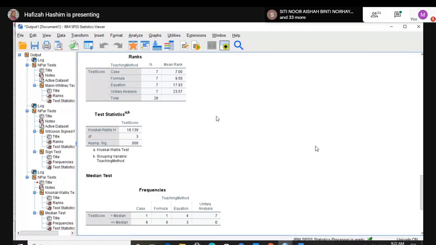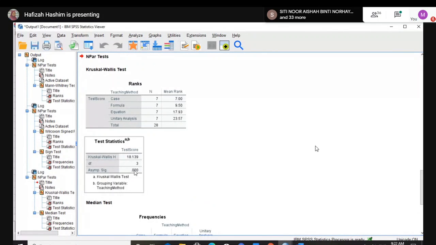For the Kruskal-Wallis, as you can see here, the test statistic H is 18.139, degrees of freedom 3, and it is significant because the significance value is less than 0.05.